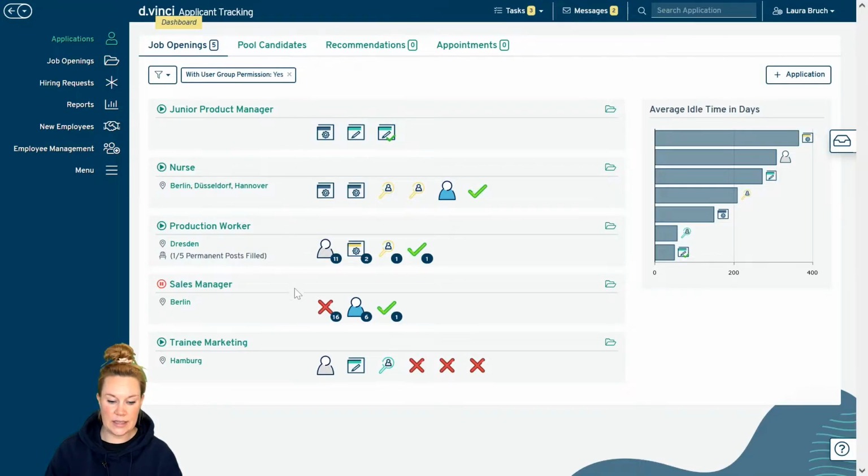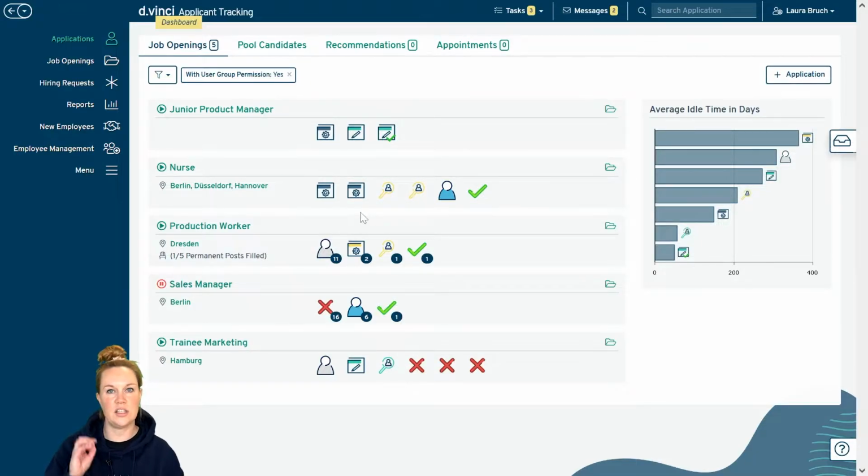These little icons here are all of our applicants. Every applicant has an icon, and the icon is showing the status that the applicant is in. For example, this one here is new. Here are 3 ones that we don't want to hire, that are rejected. Here is someone employed. Here we have online interview planned, and so on.